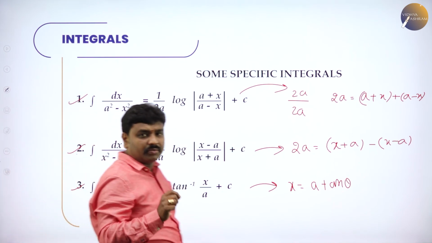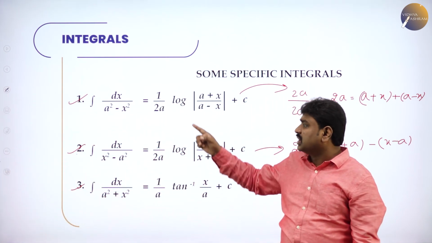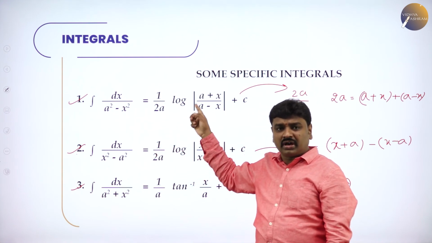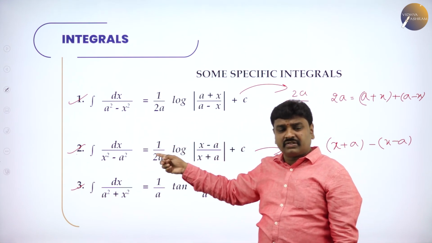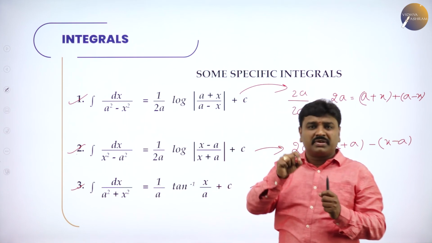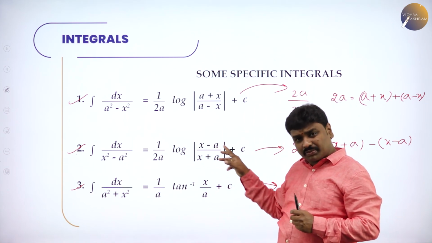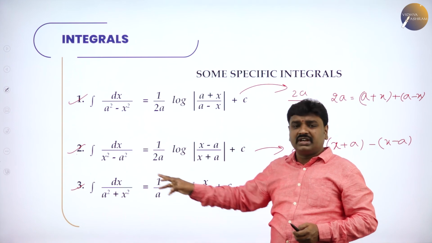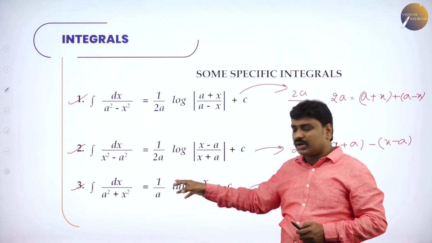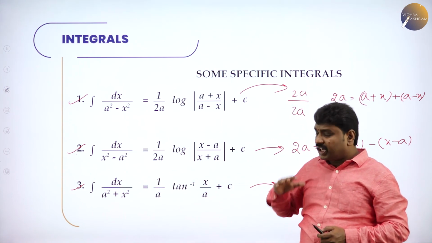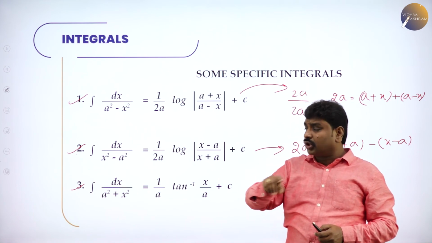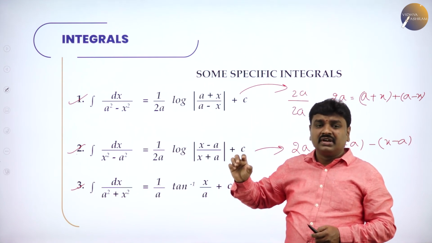All three formulas you should remember. Integration of dx by a square minus x square is 1 by 2a log of a plus x by a minus x plus c. Integration of dx by x square minus a square is 1 by 2a log of x minus a by x plus a plus c. Integration of dx by a square plus x square is 1 by a tan inverse x by a plus c. For time being, I want you people to become thorough with these three formulae, and practice,